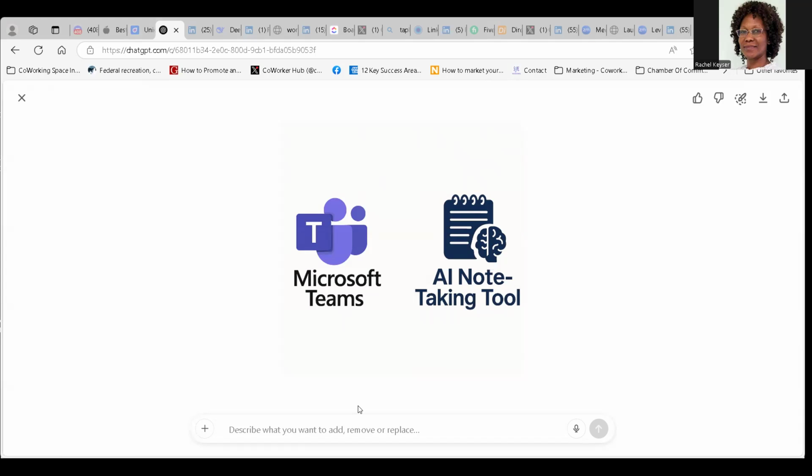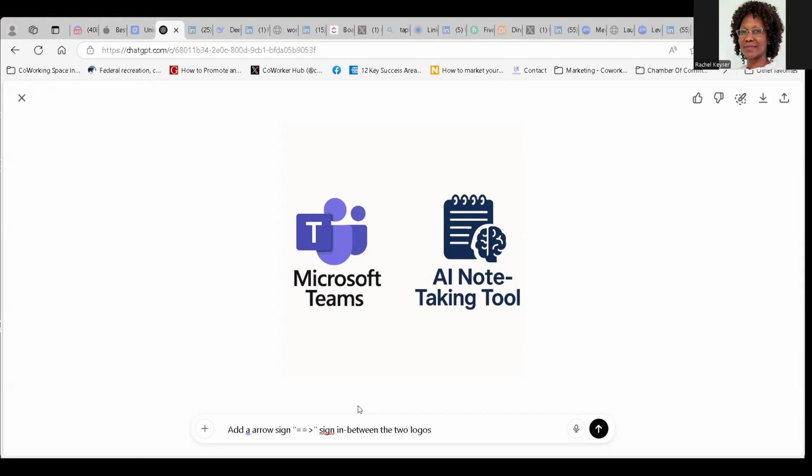So I'm going to say add a plus sign, because I wasn't explicit about that, plus sign in between the two logos. Why do I want a plus sign between the two logos? I want to show that these work together, meaning, actually, I'm going to do it different. Add an arrow, an arrow sign like this. I'm going to use the plus and then that, and I'm going to do that sign in between the two